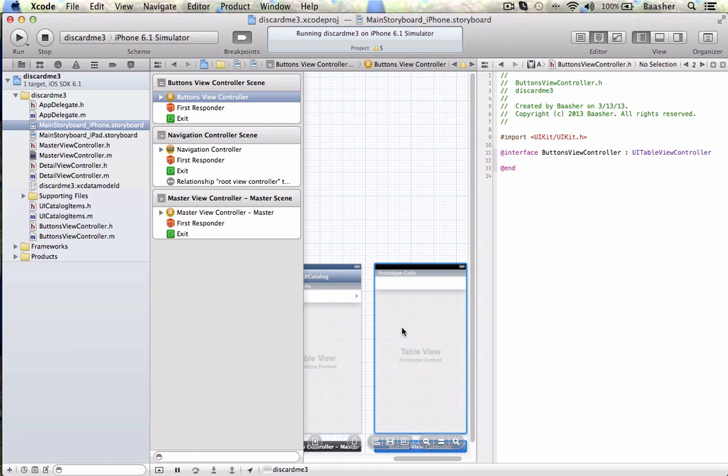In the buttons view controller, I want to make a static table with a number of sections. Each section will have two static rows. The first row will have a label and a button, and the second,